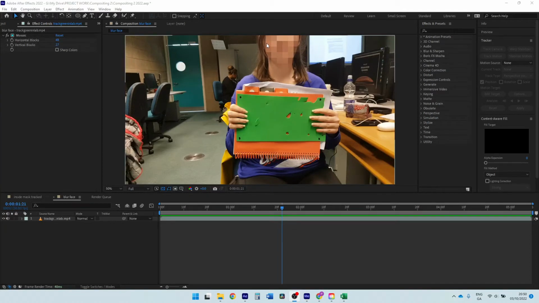This effect is pretty typical where you want to make someone in a video anonymous, and you can use a blur, or in this case a mosaic effect in After Effects to obscure someone's face. But obviously you just want to have the face obscured and not the rest of the video, so you use masks. And in this video I'm just going to show you how a number of masks were used together to